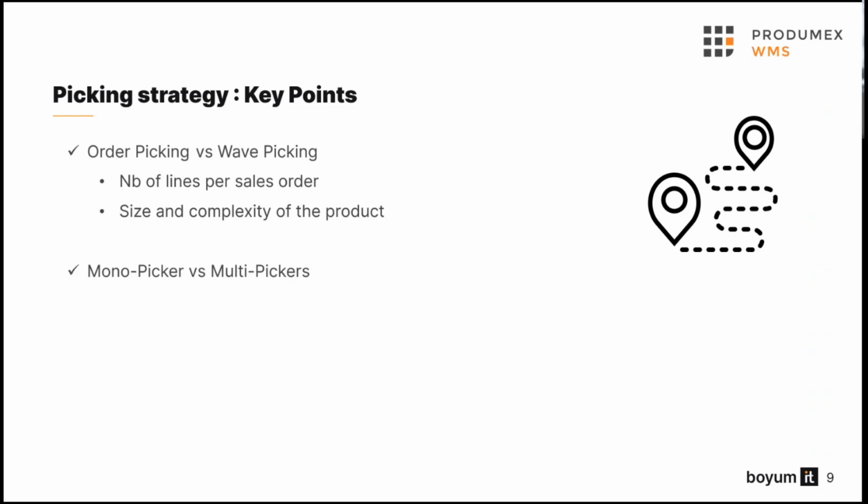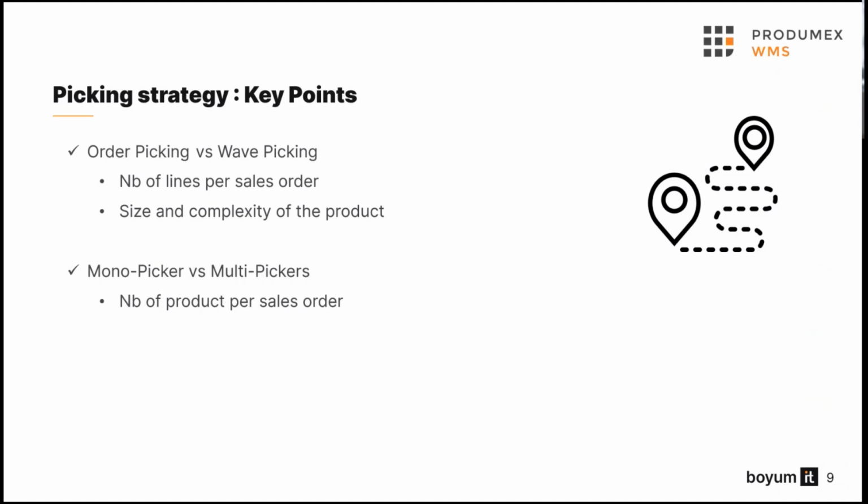Then the other key point for me is, do you want to pick with only one picker or with several pickers? So mono picker versus multi pickers. One person, or several people doing the same job on the same pick list in the meantime. In that case, the criteria to determine that would be the number of products per sales order. If, again, you have lots of products on the sales order, it could make sense to split it between different pickers, because in that case you will make the picking go quicker and so you'll be able to ship it quickly